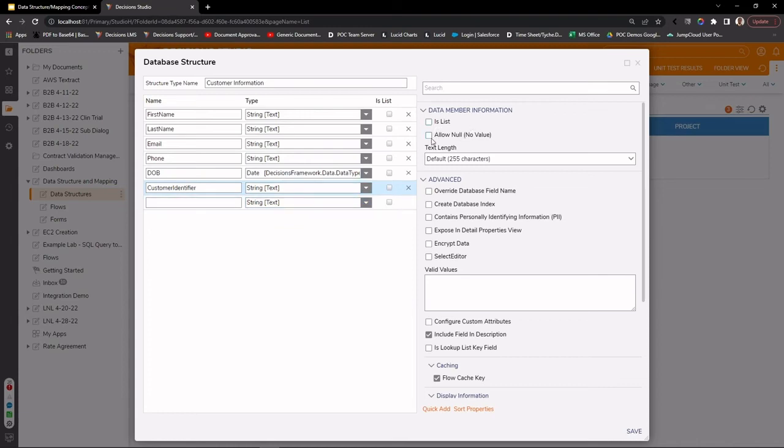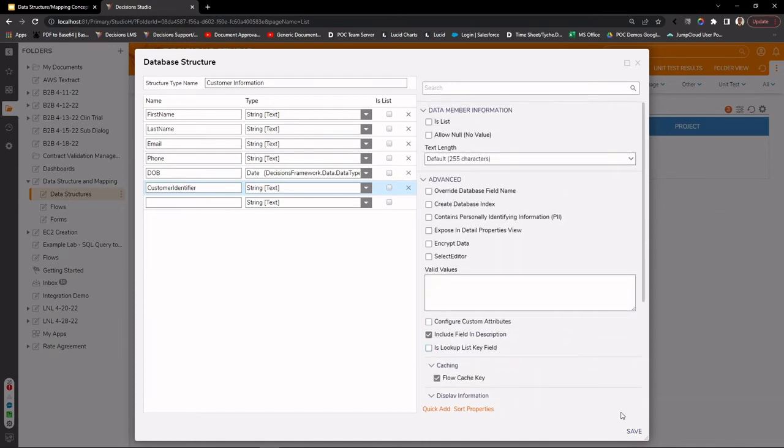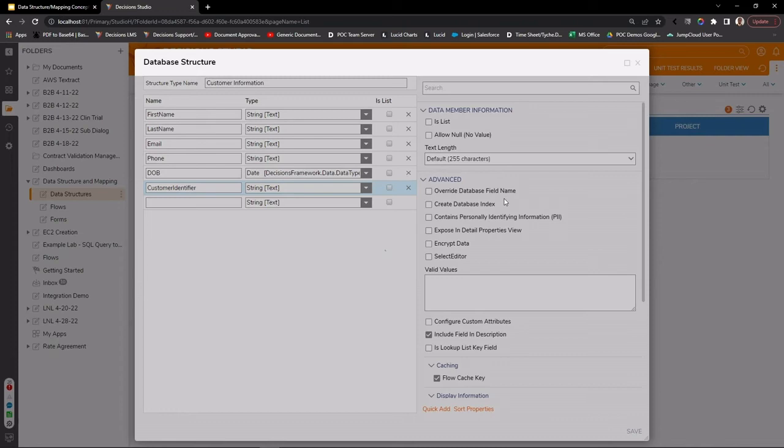We can select if it was a list, if it was null values, or allow null values. Maybe it's personal or PII information that we want to declare, but we want to hide or encrypt that data, then we can do so with some of our options over here to the right. But this is going to be it for this particular structure. And so once I click save,